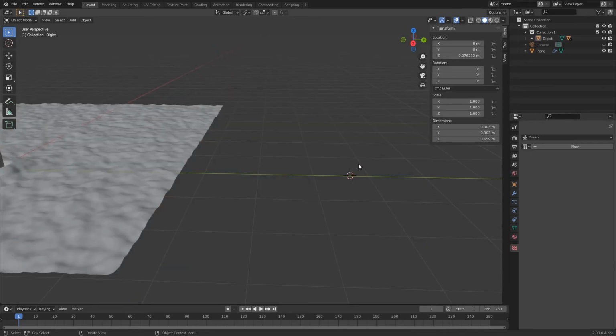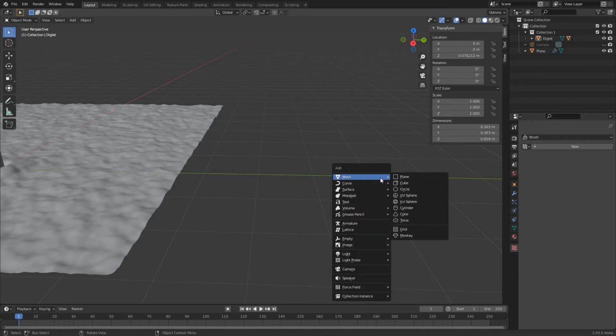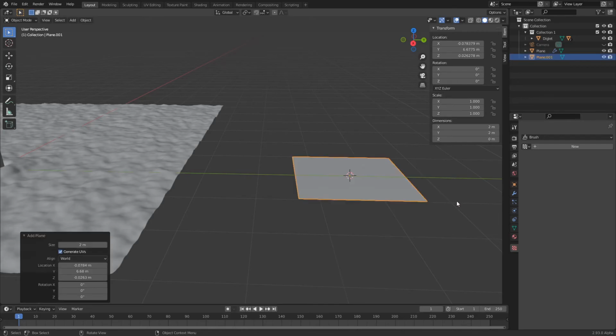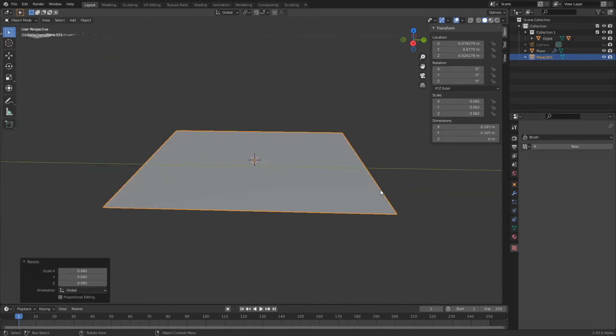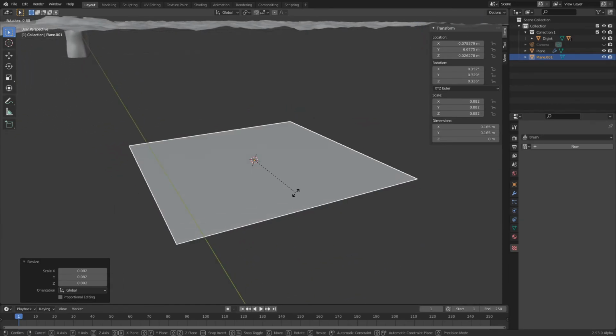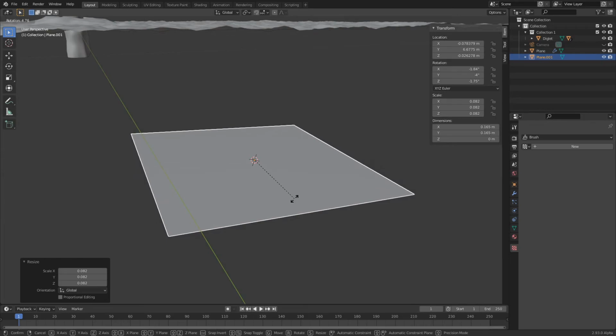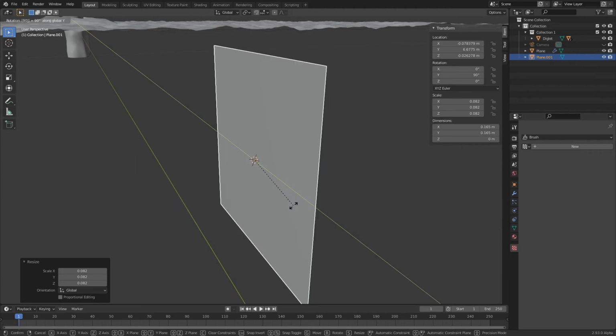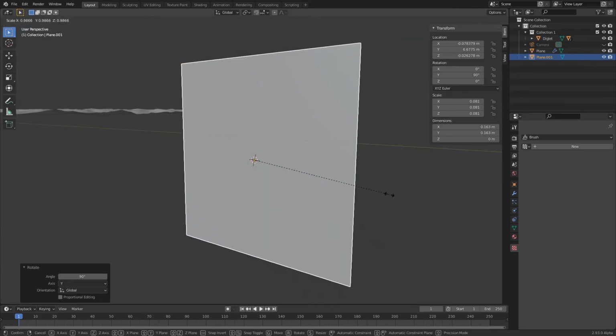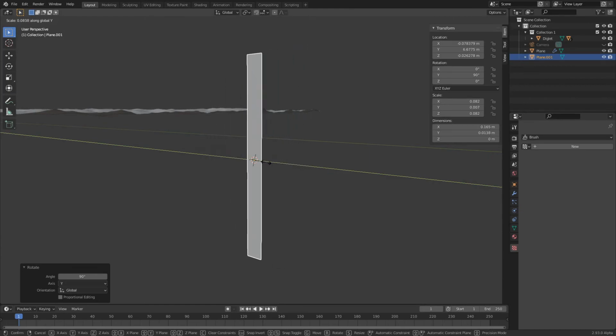Click somewhere in here and then press Shift A and add another mesh. It's going to be a plane. I will put it in here, scale it down and press dot on the numpad to go to that object. I need to press R, then X, 90, scale X to look like grass,